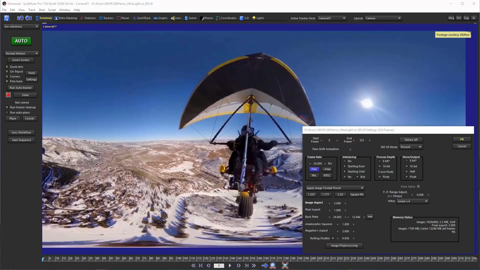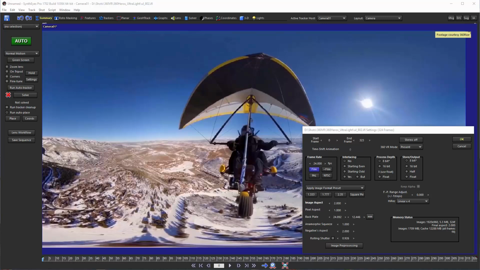In this tutorial, I'm going to talk about native 360 VR solving, where there's no conversion from a 360 VR image to a conventional linear image. Instead, the solver is going to be using and processing data in all directions simultaneously. And that's great because you don't have to animate the viewing direction at all to follow the trackable portion of the image. And also your trackers can have long lifetimes so that you avoid issues with drift over the course